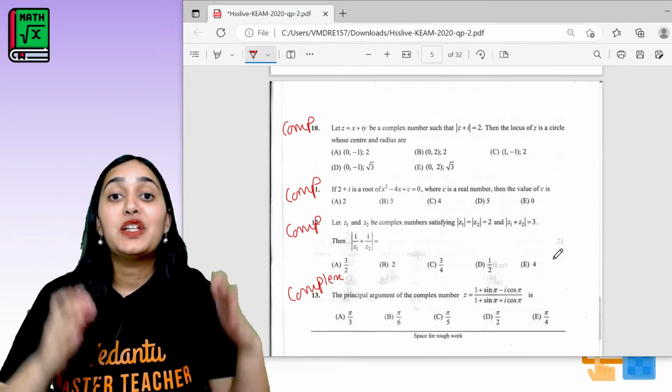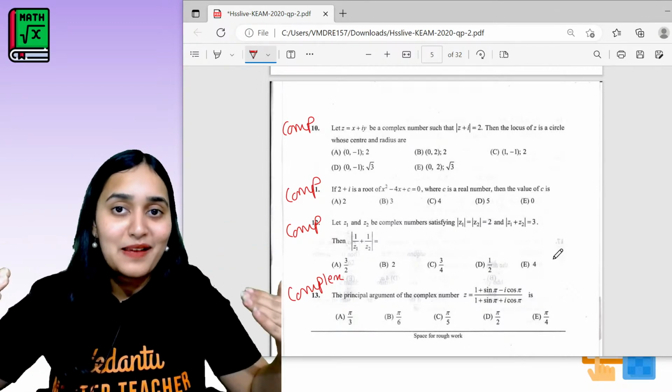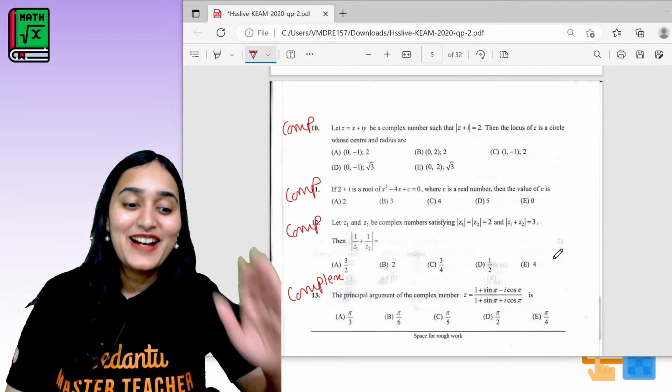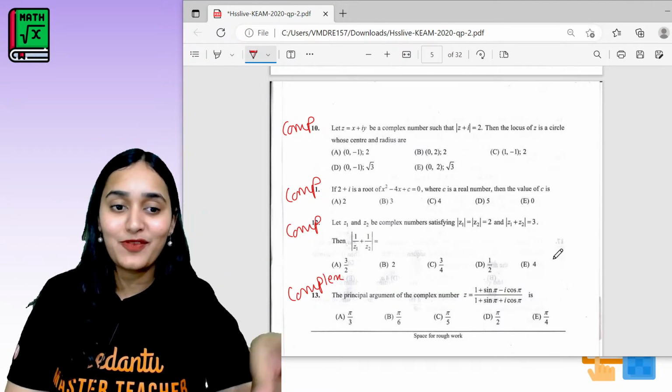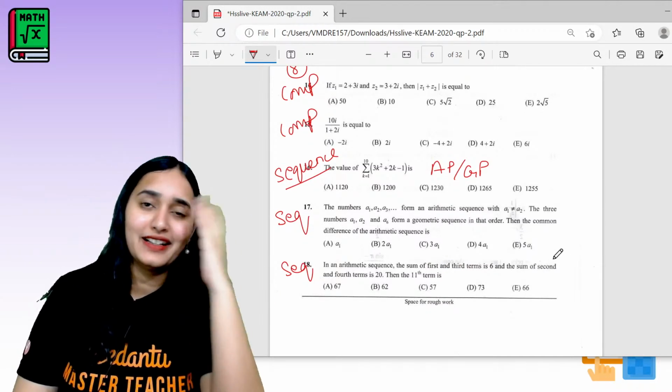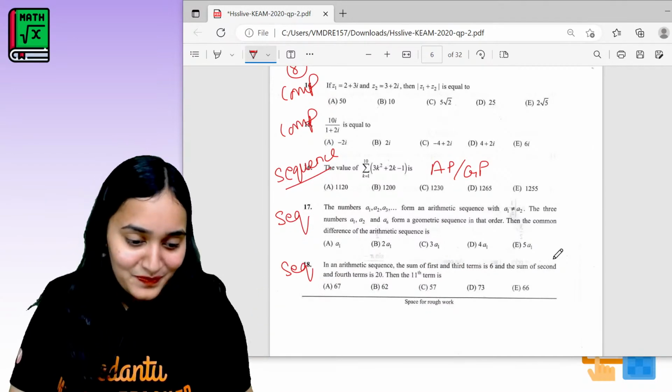And of course, you start the question paper with complex numbers, and if you don't know complex numbers, you will lose out on confidence, right? So it is important to learn the chapters from where you are starting the question paper, so that you don't get scared, thinking, oh my god, I am not able to do anything.